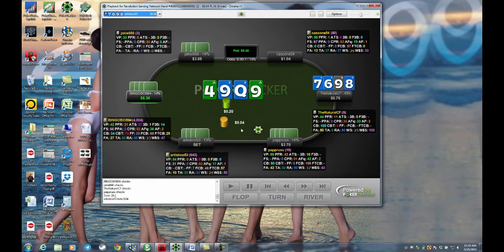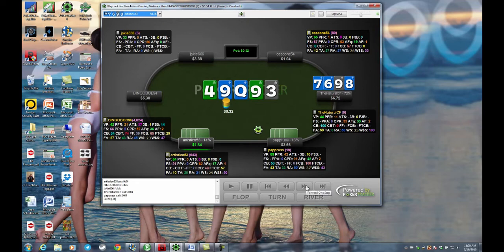So we get a ridiculous 4-cent bet here by this Artistico. For 4 cents into a 20-cent pot, I'm certainly going to call, because I could boat up on the river. I could hit another 9. I could hit a flush, which would beat just naked trips if he had a 9 with no full house. So for 4 cents, certainly. If he bet pot here, I'd have to really decide if I want to call. Although against a player like this, maybe, but it becomes a much more difficult decision. This Papyrus calls too. He's 89.42, a huge whale.